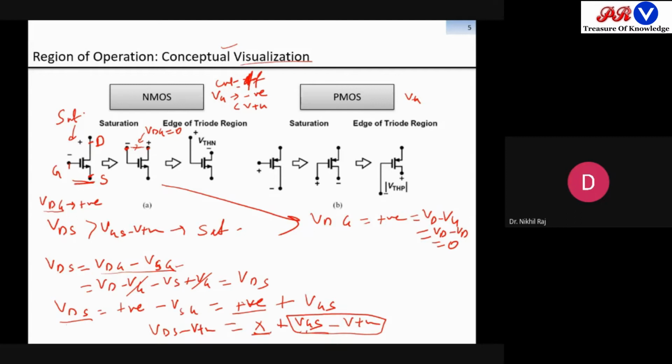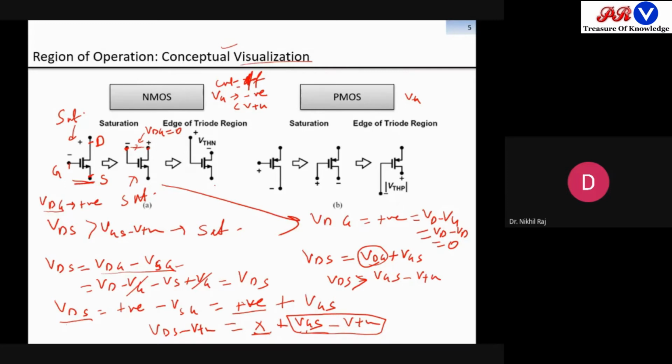Then what happens in this case? So in this case also, my VDS will remain the equation like VDG plus VGS. So this VDG is 0. So we'll write here VGS for VDS. So what will happen? Now if minus of VTH is done here, definitely my VDS will again, this equal to symbol will change to greater than. So again I will say this MOSFET is working in saturation. Fine.